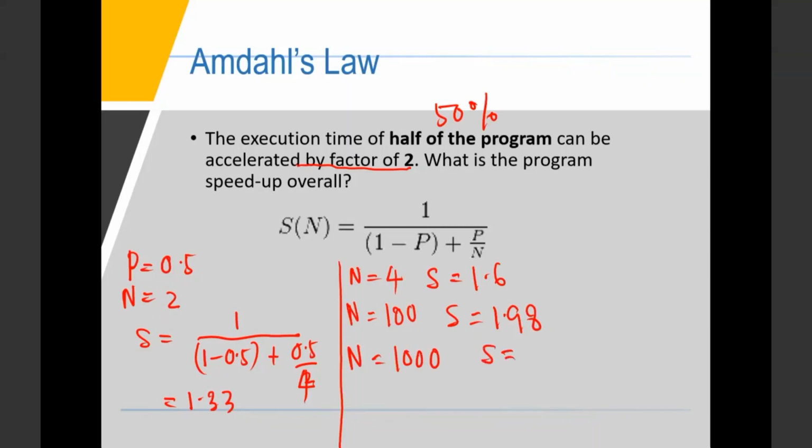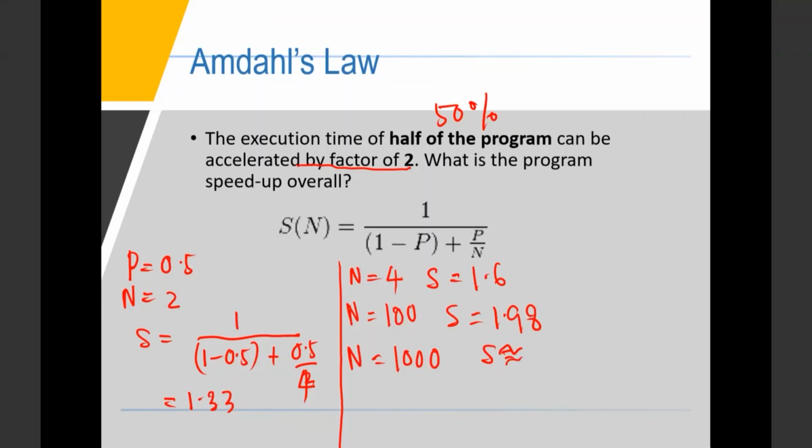Of course, this is just the theory lah. Cannot happen in the real world for today's. Okay, so what is your speed up? If you increase the cores to thousands, you will get